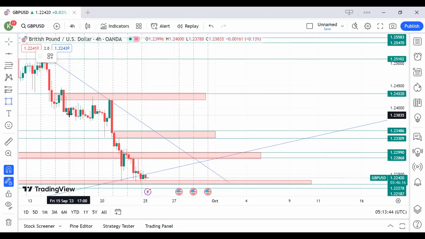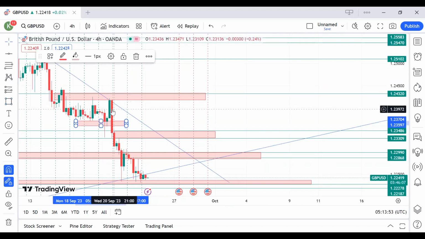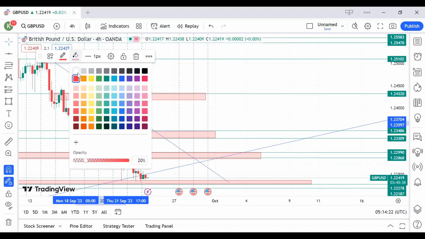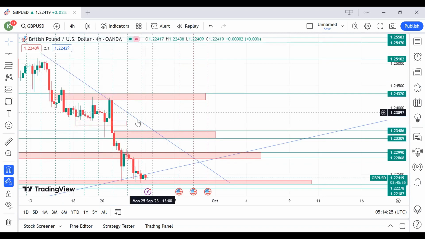So for instance, if there was another block here before this long bearish candle, this red bearish candle, what it means is that after the selling pressure that came into the market here, after the liquidity that was experienced here, the bearish movement broke through this other block, confirming it to be a valid BOS, which is break of structure. So what does that do for us? When you change the color to become transparent, indicating that it's a break of structure,